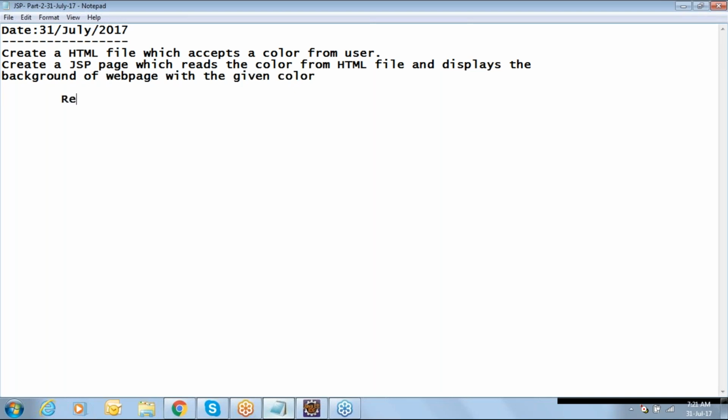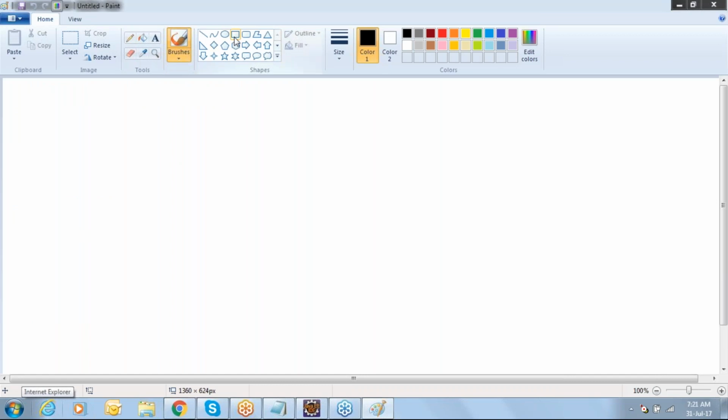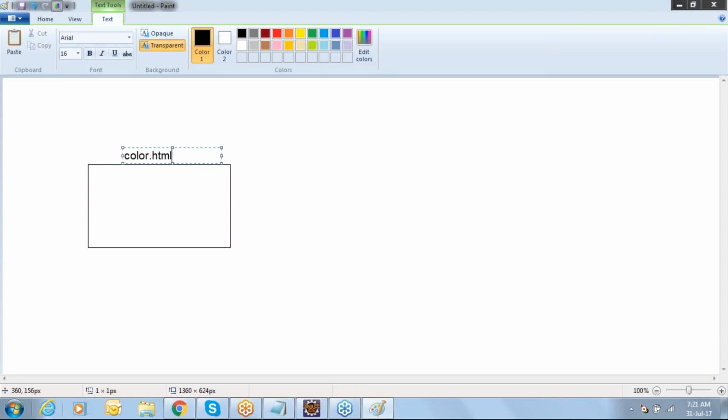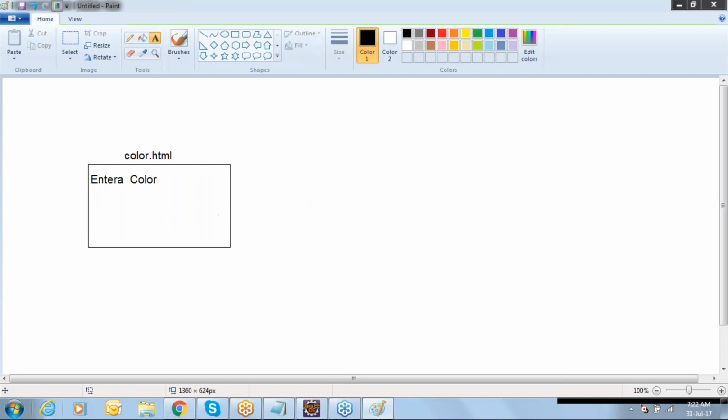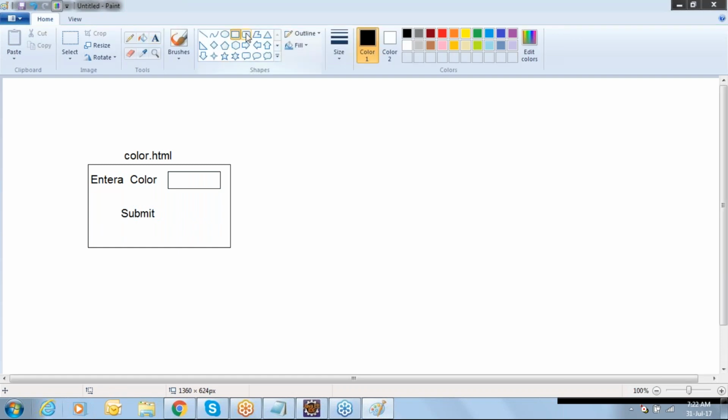Okay. So let us understand this with a diagram. I'm showing some bgcolor.png. Here in this application we are going to create one HTML file, color.html, where we accept a color. We enter a color in the form of a text field, and one submit button. So when you click on the submit button after filling the color, for example if I am giving some color like pink,